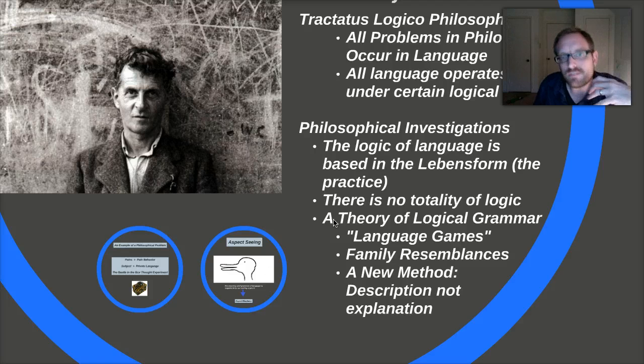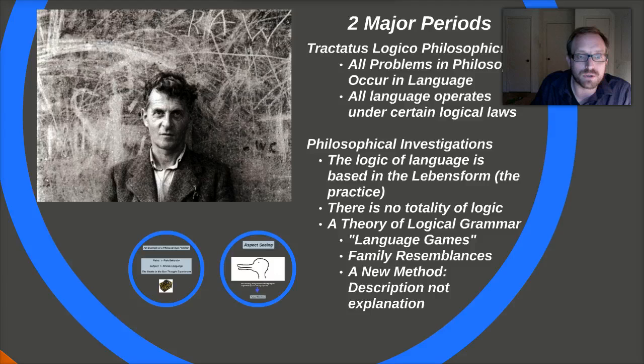So you have in Wittgenstein this development of a new method. That is, instead of explanation, instead of saying why something is the case, begin by describing it, right? So for instance, Wittgenstein says, instead of asking what a word means, let's ask how we use a word. And if we look at the description, we'll ultimately begin to understand that the logic of our language is rooted in these various forms of practices that we employ.